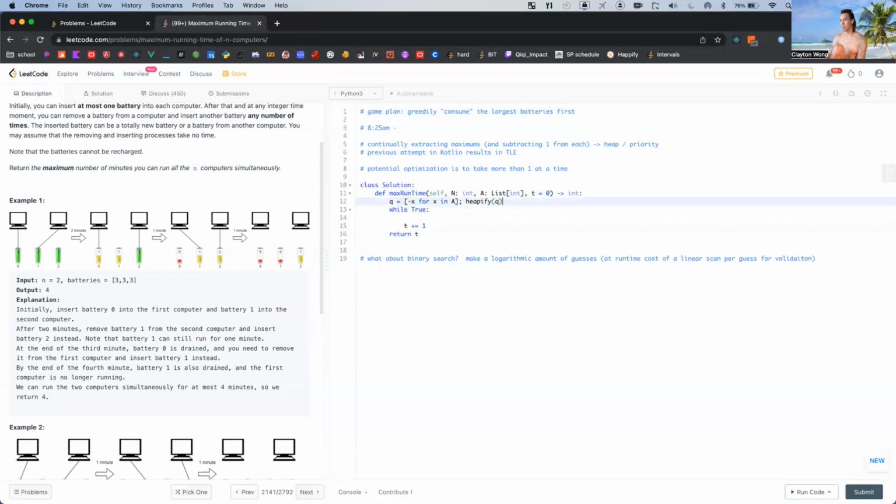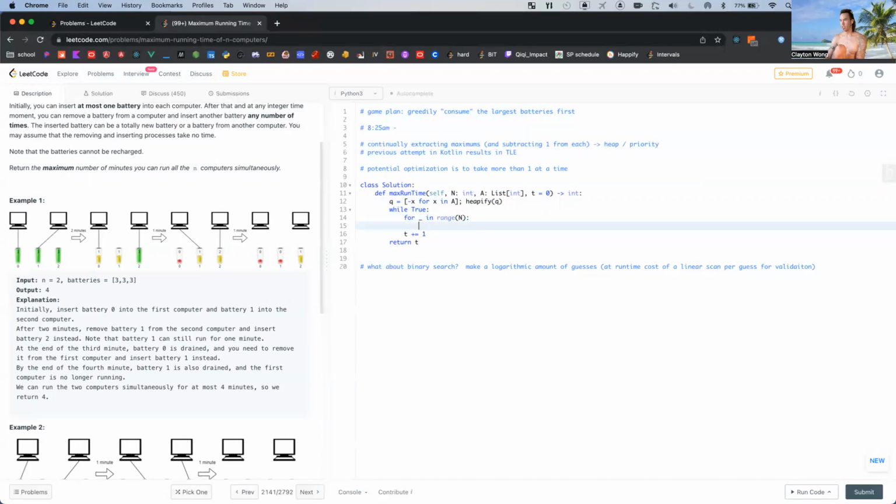Okay. For underscore in range, x is the top of the heap.